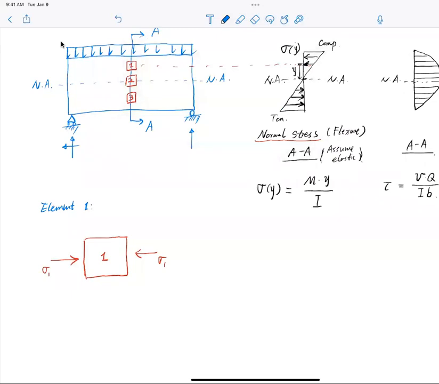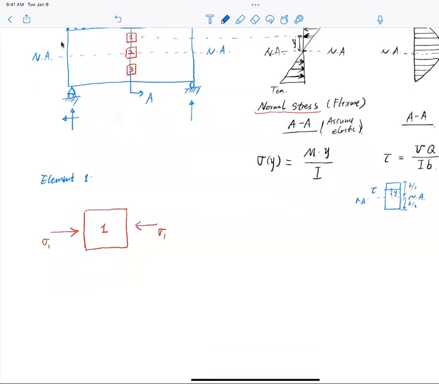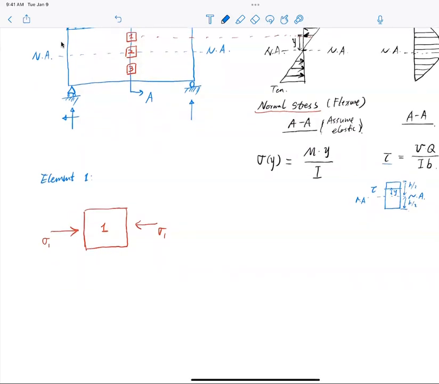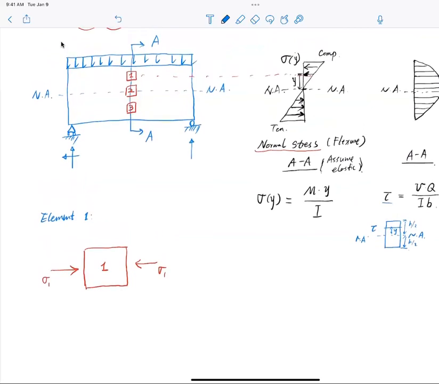So let's say this is a rectangular section, and I am trying to find the shear stress located here. This is the neutral axis, and let's say this is Y. This is half H, half of the height, and this is half H, half of the height. So these are the geometries. If I were to find shear stress, what is my V? V is the total shear force. So if you look at this distributed load, let's call it omega, distributed load, and let's call the span length